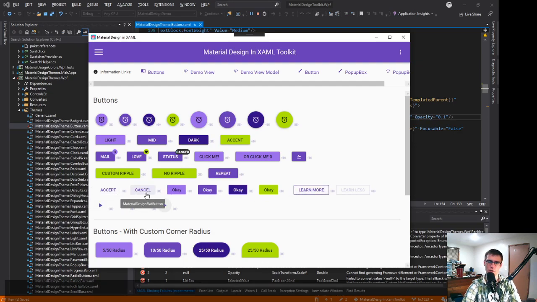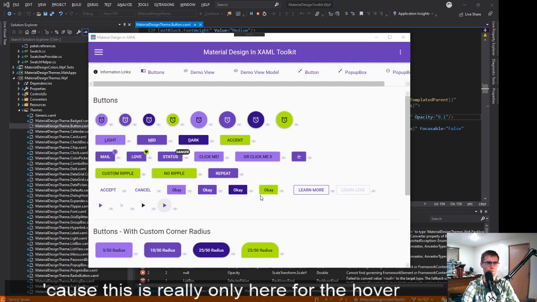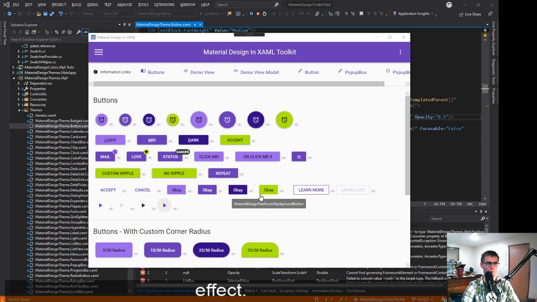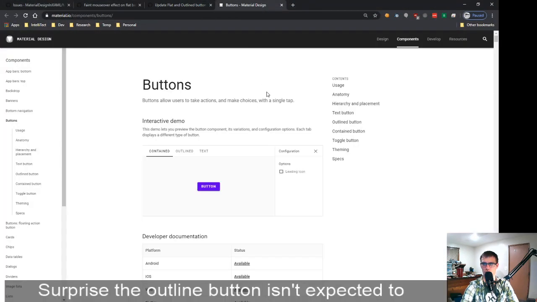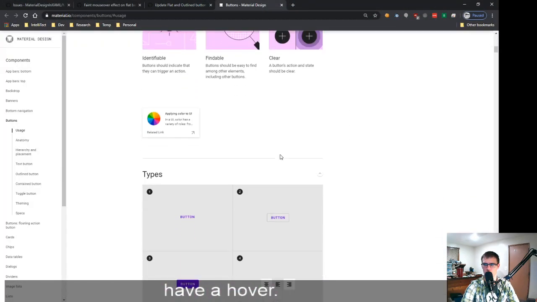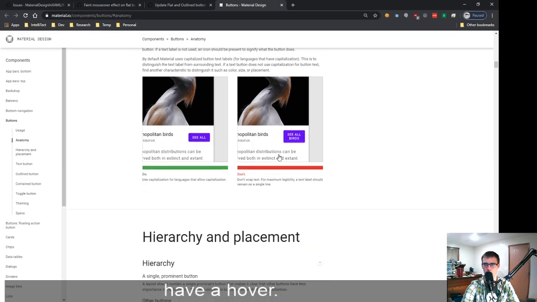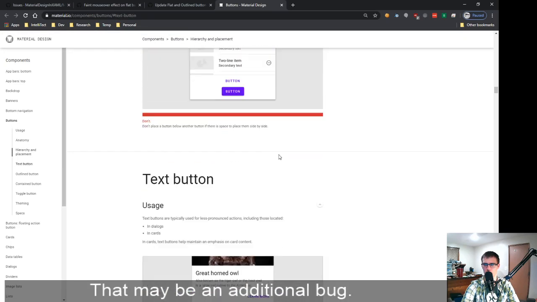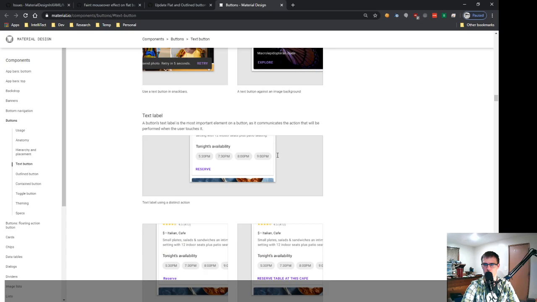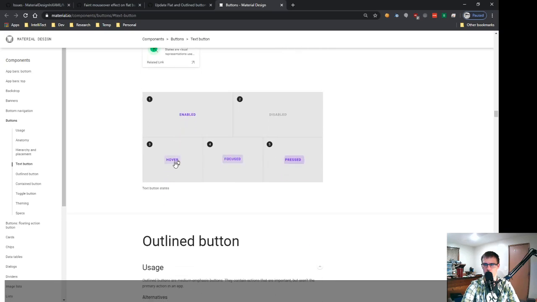Because this is really only here for the hover effect. Surprised the outline button isn't expected to have a hover. That may be an additional bug. Let's see here. Where's the outline button? Flat, flat, flat, text button, text button. So yeah, the hover